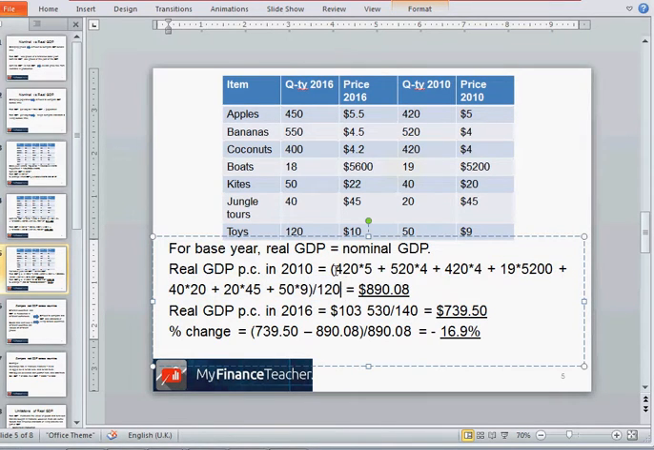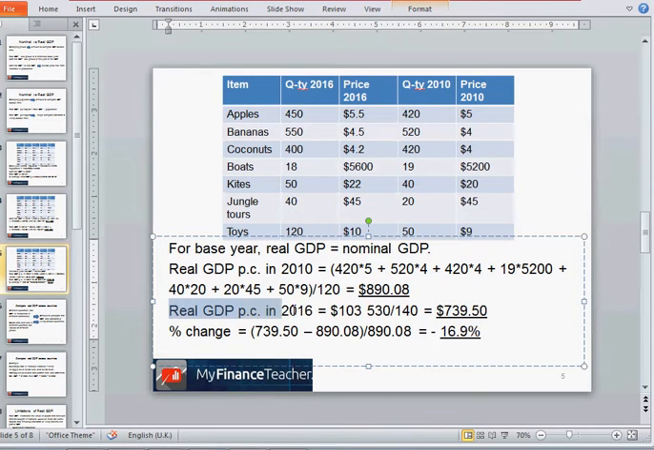So 420 apples produced multiplied by the price of an apple in 2010, plus 520 bananas produced multiplied by the price of a banana in 2010 and so on, divided by the population in the base year, gives us a real GDP per capita, or sort of a real average income per person, of $890.08. Real GDP per capita in 2010